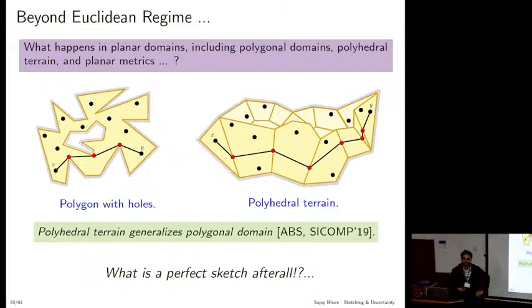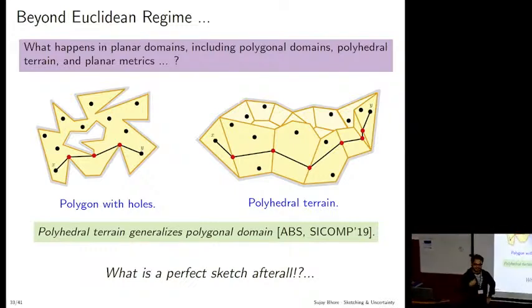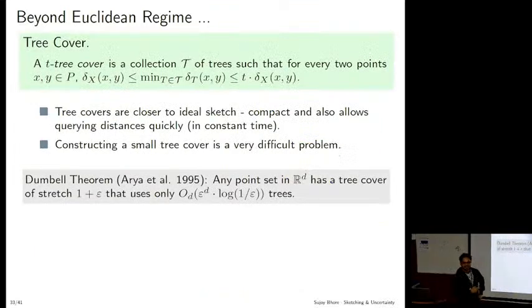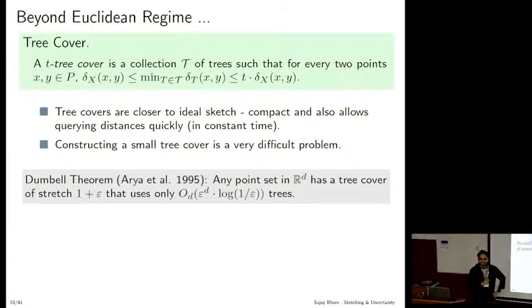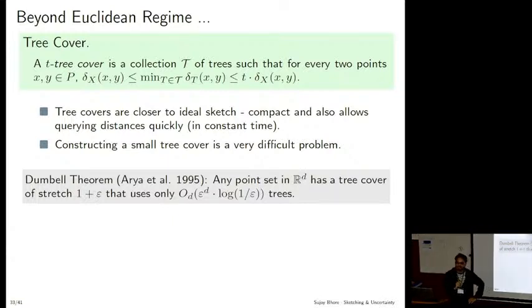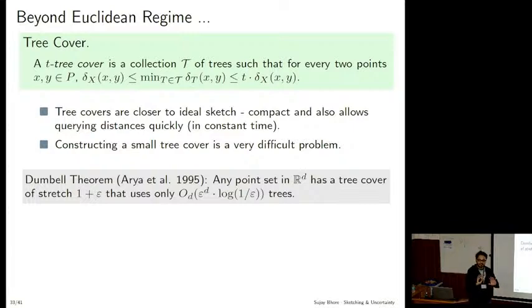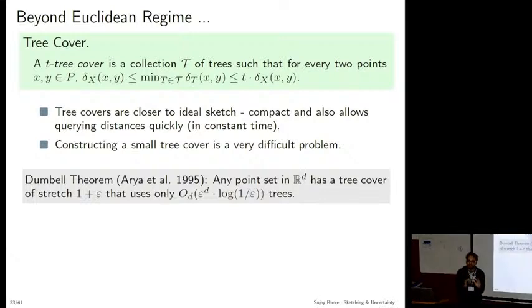And I spent almost 20 minutes on describing how great spanners are. And now let me tell you, I don't believe that is the perfect sketch. The perfect sketch is actually tree cover. And let me argue for 10 seconds why I believe that. No offense to spanners, by the way, I like them very much. So you see that trees allow you to implement them efficiently so that you can make queries. Spanners are not that good as a data structure.